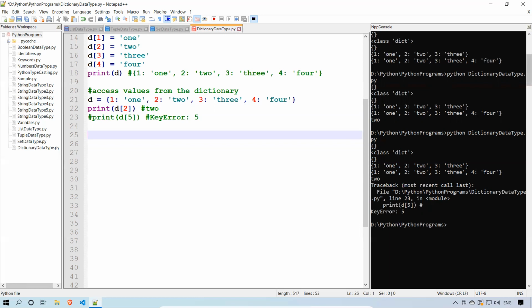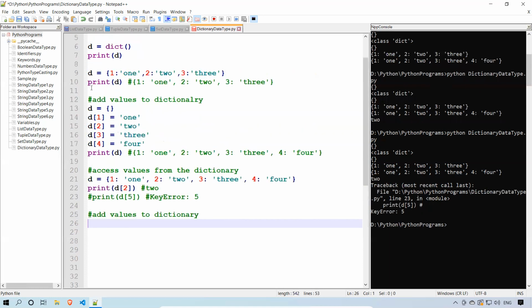Now, when you're adding values, what is the behavior? Again, I'm discussing adding values to a dictionary.